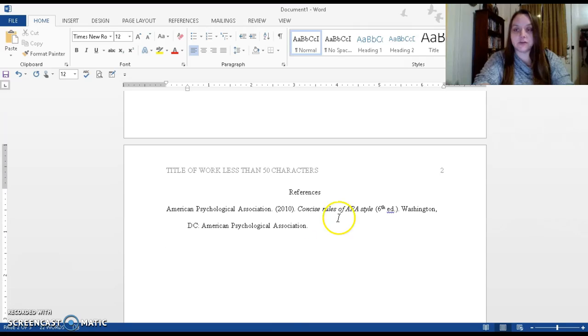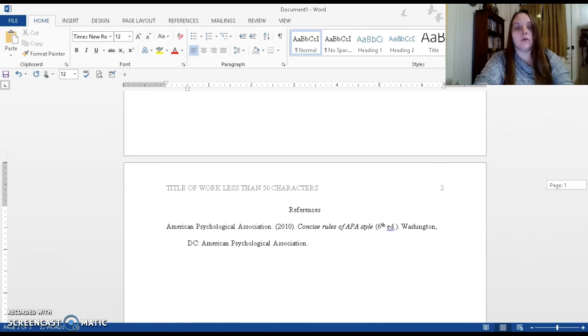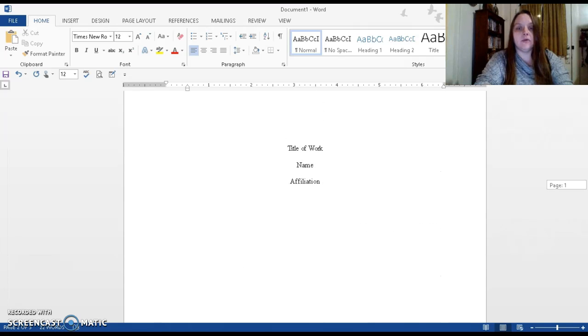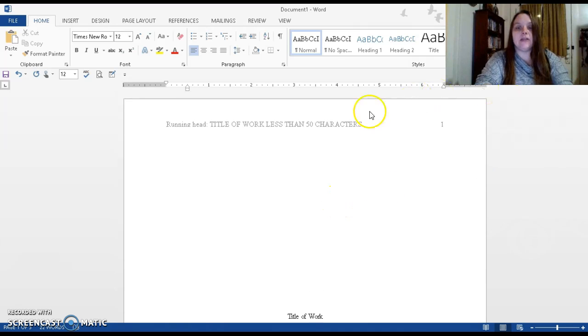Now we need to make sure to review our file because accidents happen, and we need to save it for future use. So we're going to make sure, as I pointed out, that there were some problems with the header before, but we've modified that. And we're going to go up here. We're going to make sure that the title page is centered. And we're going to make sure that this header is appropriate as well. Everything else is as it should be, so we're going to go to File,